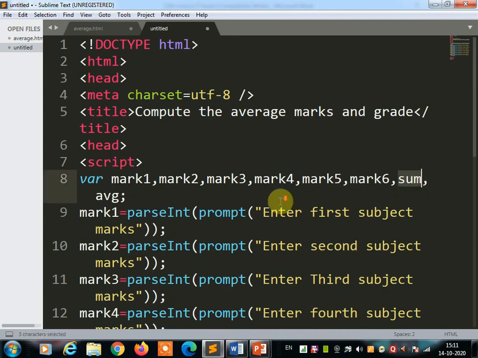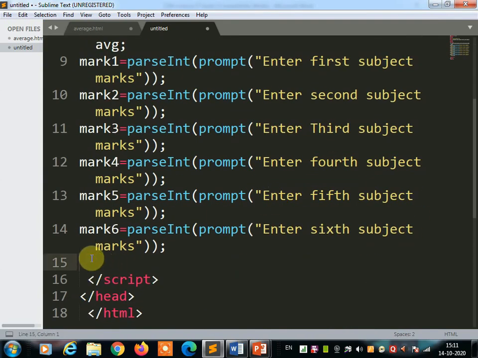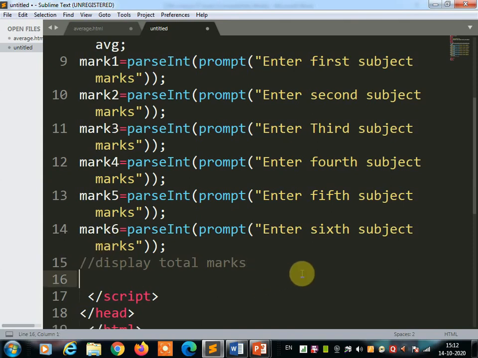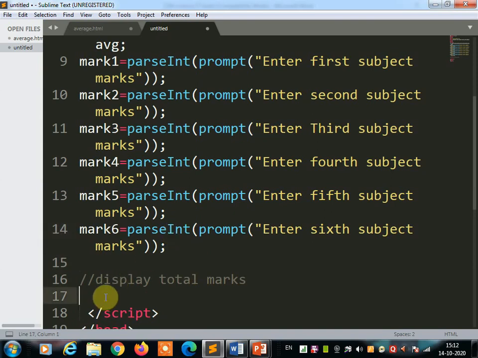So total, you want to calculate the total mark, one more variable is required, and that variable we have already taken, that is sum. So you can write a formula, but before that, for your kind information, add the comments here about what you are going to do next. Here we are going to add a comment, display total mark, so next time when you see the program, we'll come to know what you have done there. So you add the comment. Once you add the comment, then write the formula.